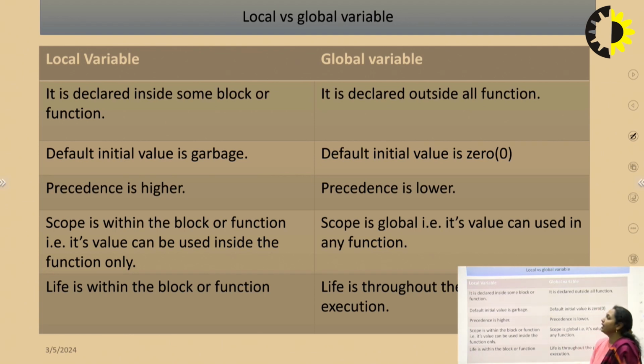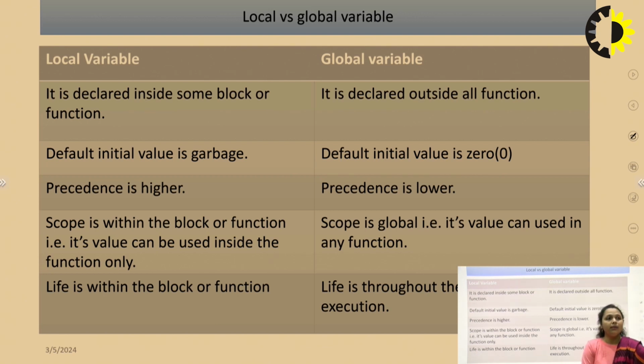So next, we will discuss the local variable and global variable. Many times the situation occurs when we are using variables at different places within the program. Sometimes we write variables outside the main program, sometimes inside the main program. Each and every time we are declaring the variable and initializing some value, but the term which is associated with the variable changes. So we have two types of variable, that is local variable and global variable.